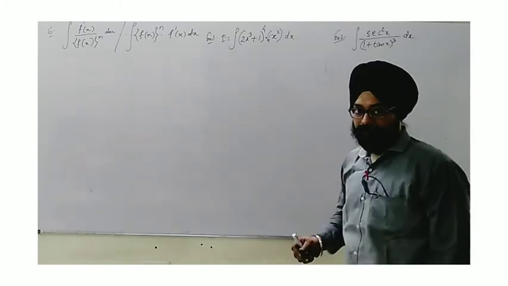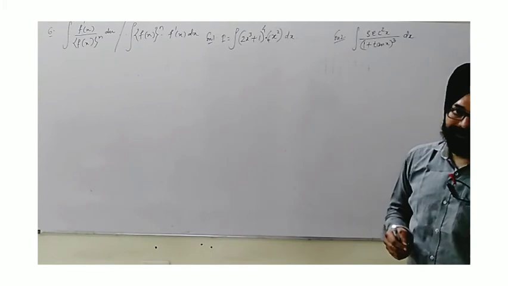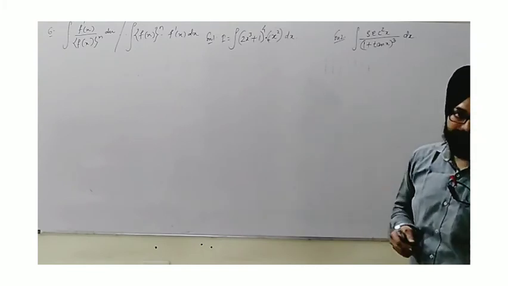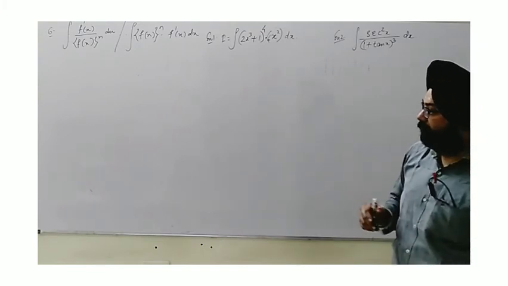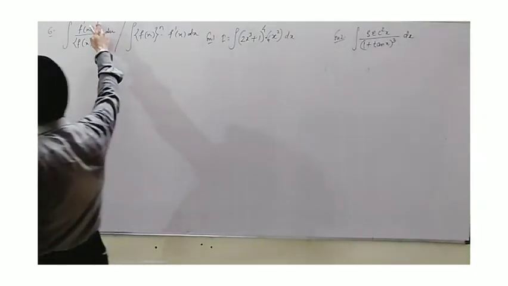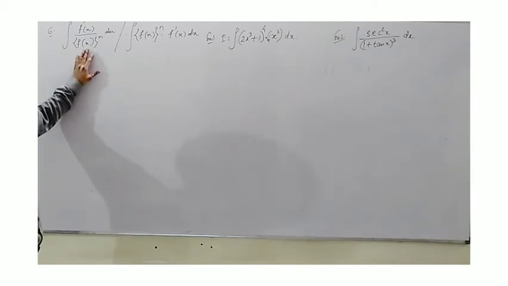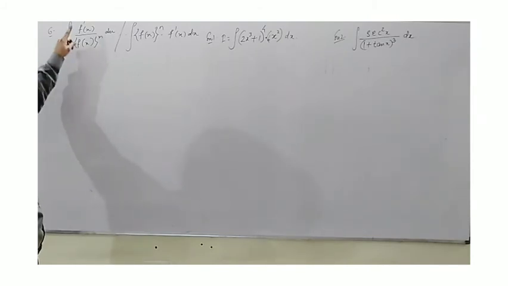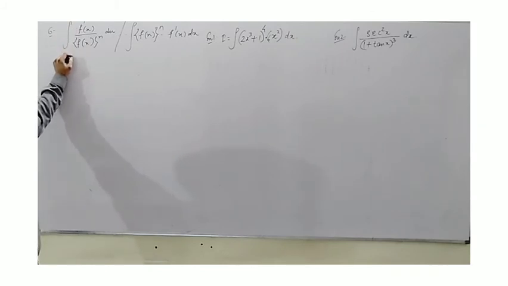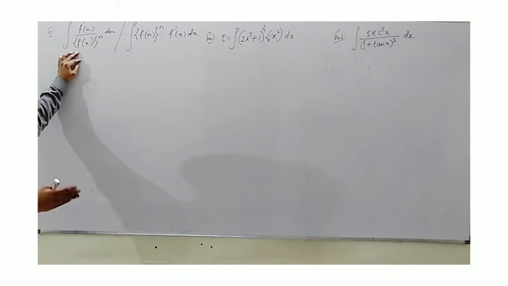Now I have taken the next pattern, which is different from all those algebraic patterns. It's, as I said, very widely used. Here it is also p(x) upon q(x) form, no doubt. In the denominator I have written the function f(x) raised to the power n, some power is given. And in the numerator f dash x, a differentiation, is given. Whenever we want to apply this pattern, we have to spot it. I will explain using examples which part of the function is the differentiation of some other part.